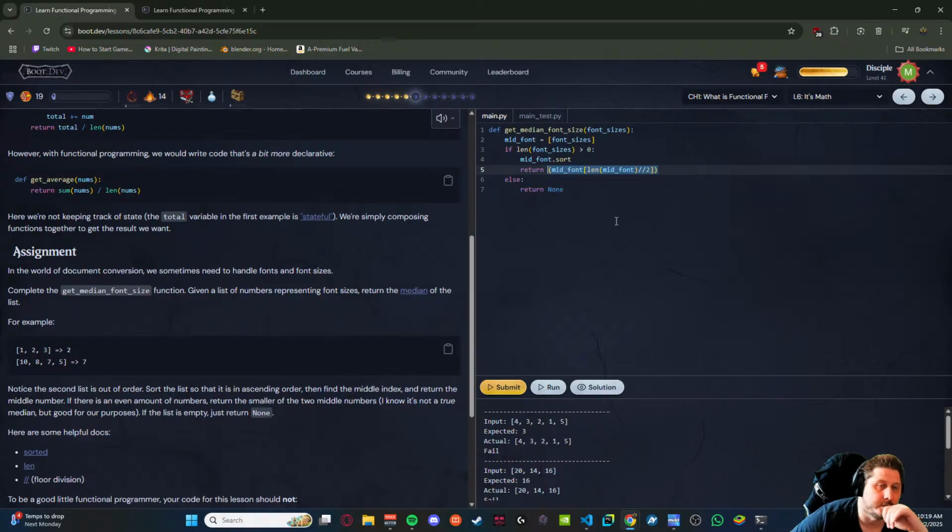So I need to return mid font, no, return font sizes dot sort of font sizes list for the len of font sizes floor 2.